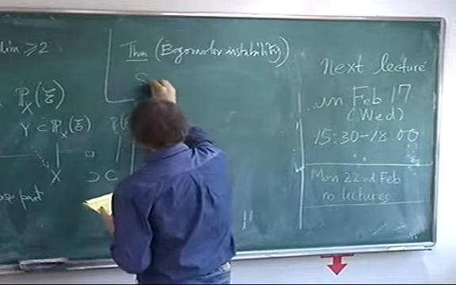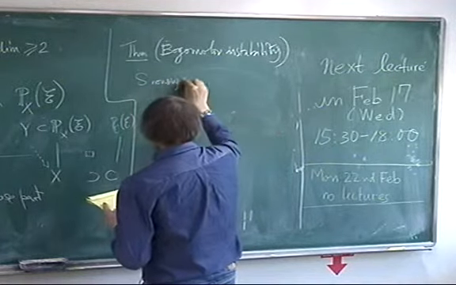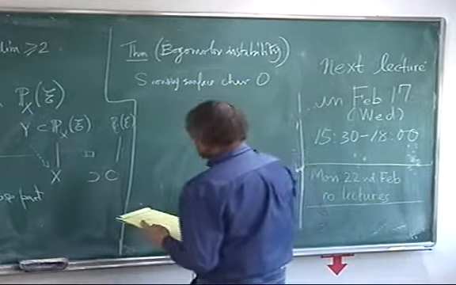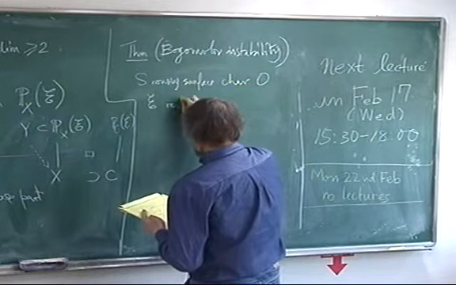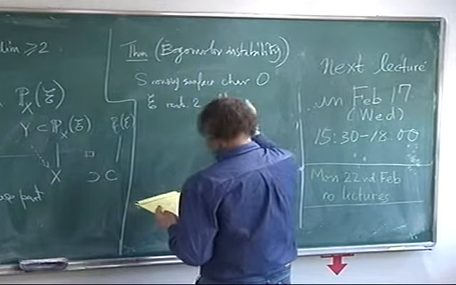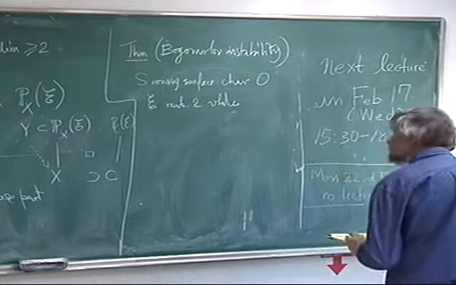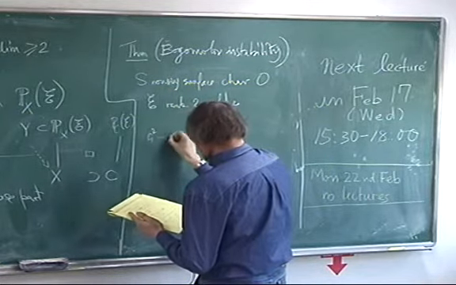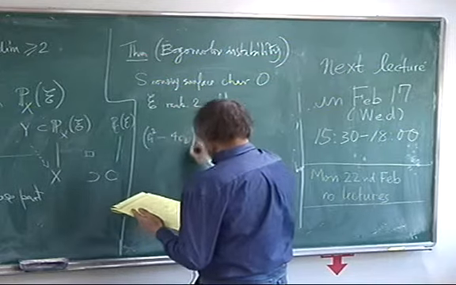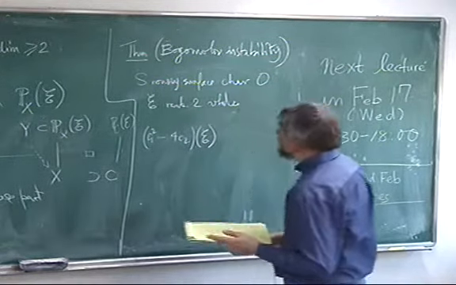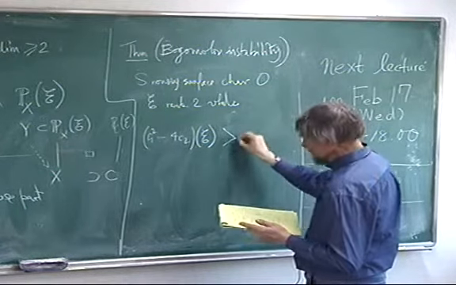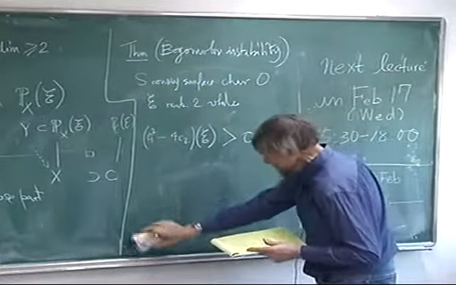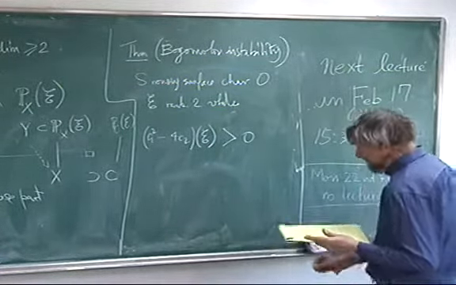S a non-singular surface, characteristic 0, E a rank 2 vector bundle, then C1 squared minus 4C2 of E is greater than 0. I'm going to explain just a little bit about what C2 is and how you calculate it and so on, so don't despair if you haven't seen it. If and only if